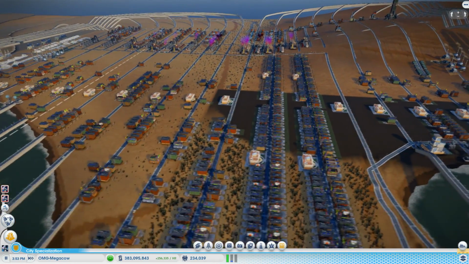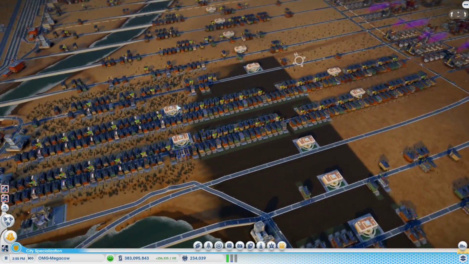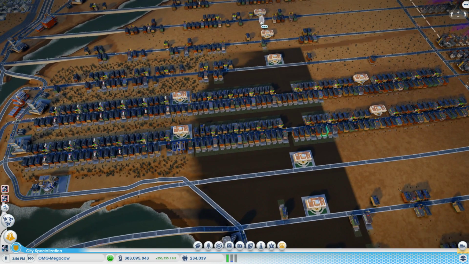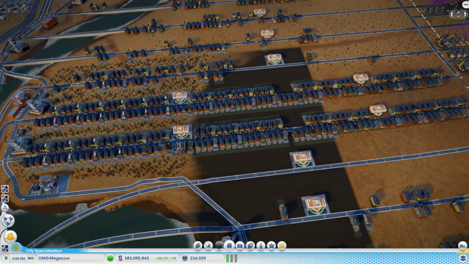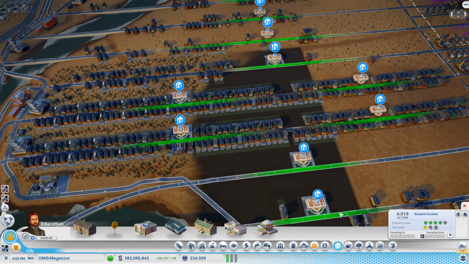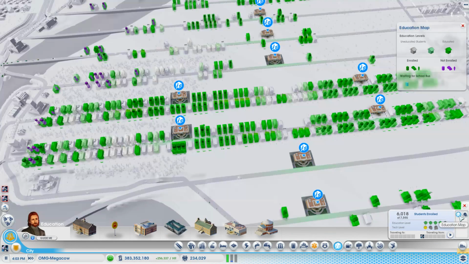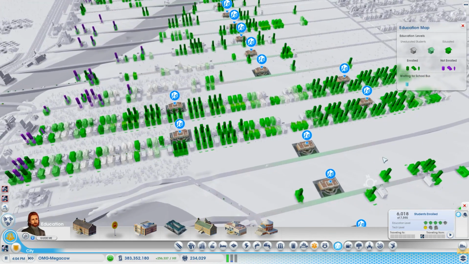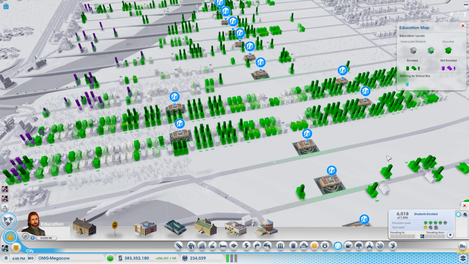So what have I been doing? Right, well, you remember I was talking about education in the last one, and we had colleges in the middle, and I've replaced the colleges. Well, let's see what the effect is on our education. Let's go to the education. Boom. And you will see that, whoa, problem solved. We've got pretty much the whole thing now going to college.